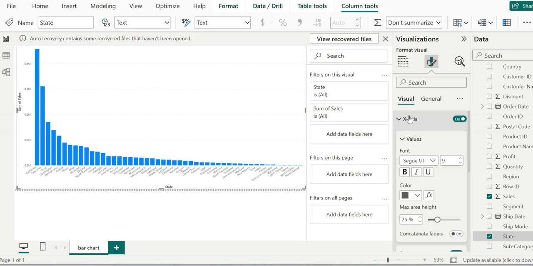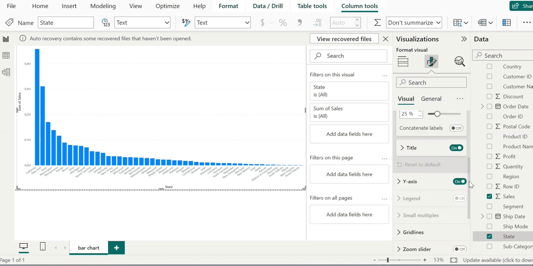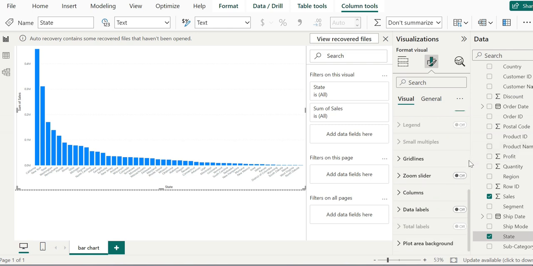It allows customization of color, font, values, area height, and concatenate labels.